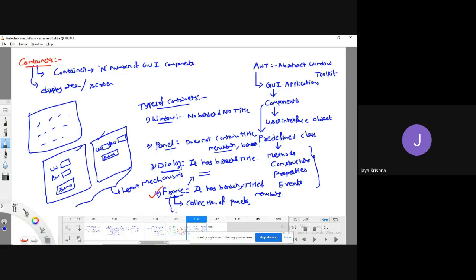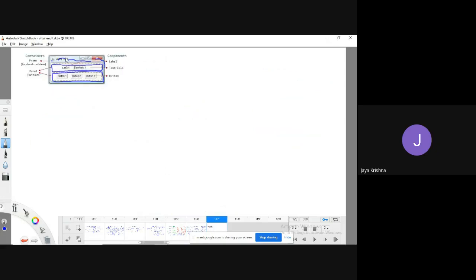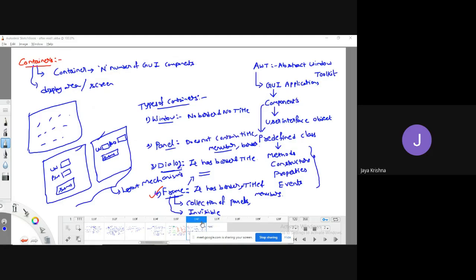By default, every frame is invisible. And one more thing, if you observe this kind of frames, can we resize all this or not? Yes, we can resize. So every frame I am able to resize and move, but panels can't.